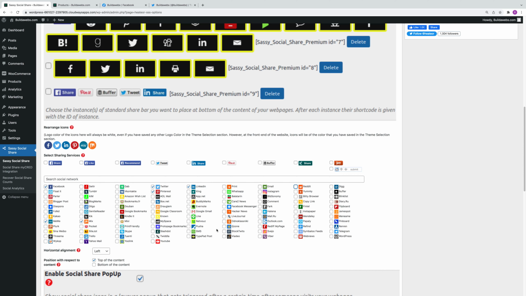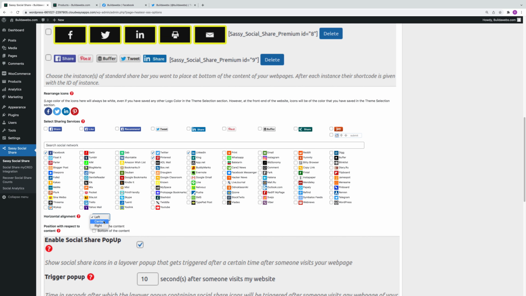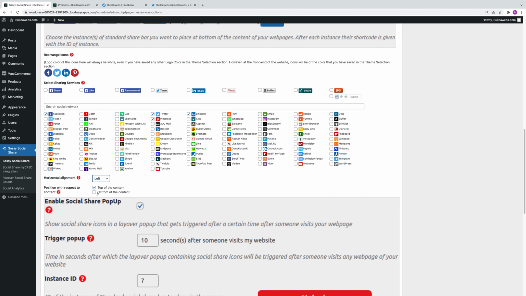As you can see here, it's just a bit of a carry on to see them really, even though it's obvious that it's only a tick box. There it is. And we'll leave these ones enabled, and then you can choose whether you want it on the left, centre, right. We'll just leave it on the left for now, and you can also choose if you want it on the top or the bottom of the content. Actually, let's choose centre,